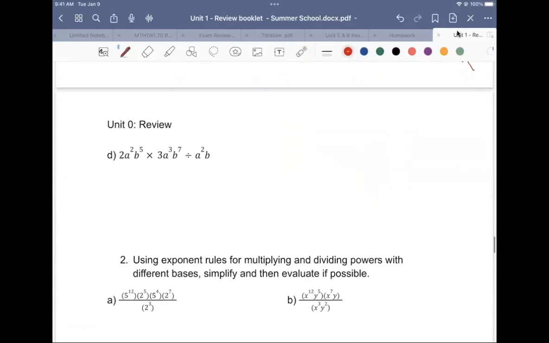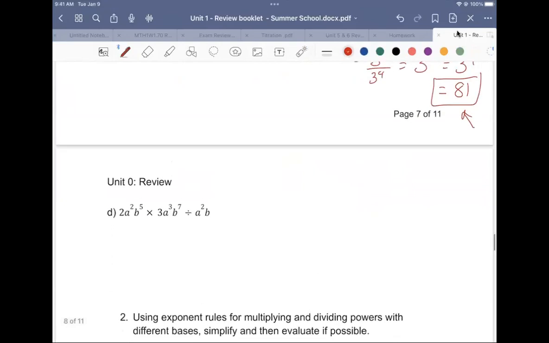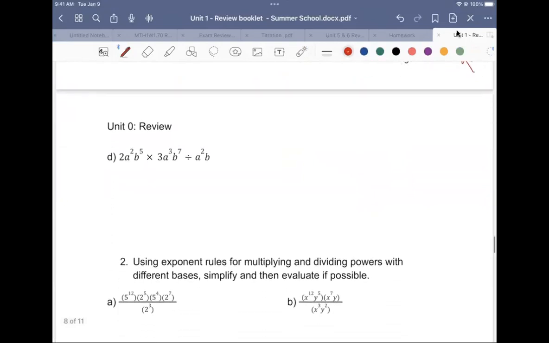Awesome. And one last example here. I have 2a squared b to the 5 times 3a to the 3 b to the 7 divided by a to the 2 and b. When we are doing this, I'm going to multiply these two numbers through the same way you would normally with multiplication. So that would give me 6. A, 2 plus 3 gives me 5. B, 5 plus 7 gives me 12